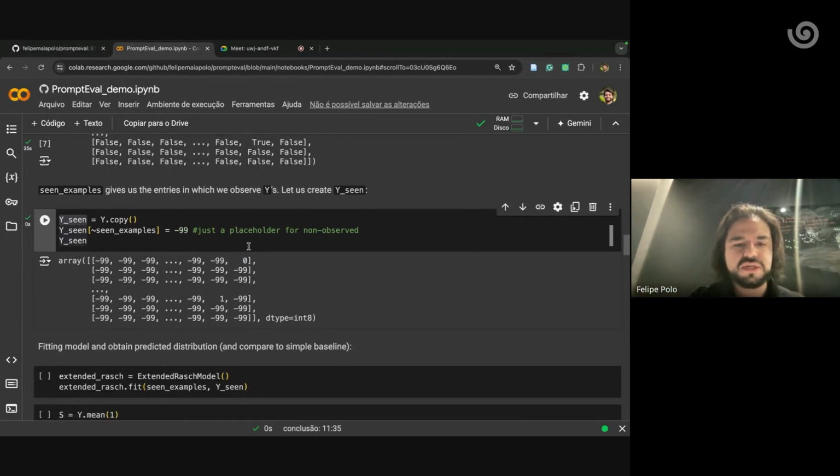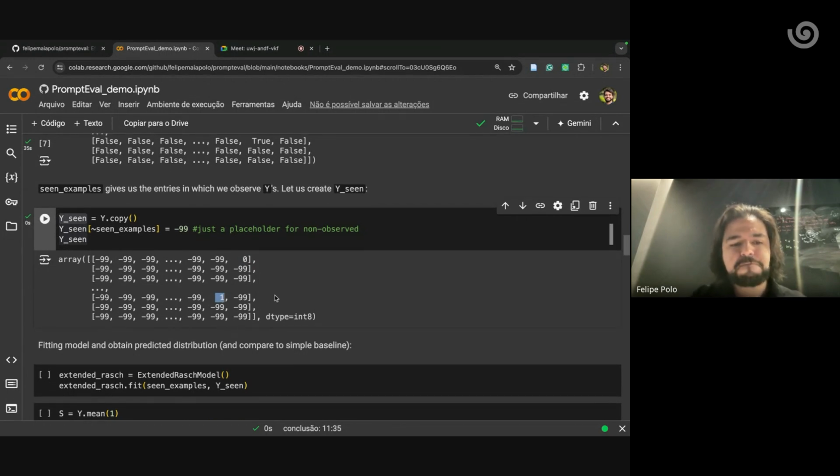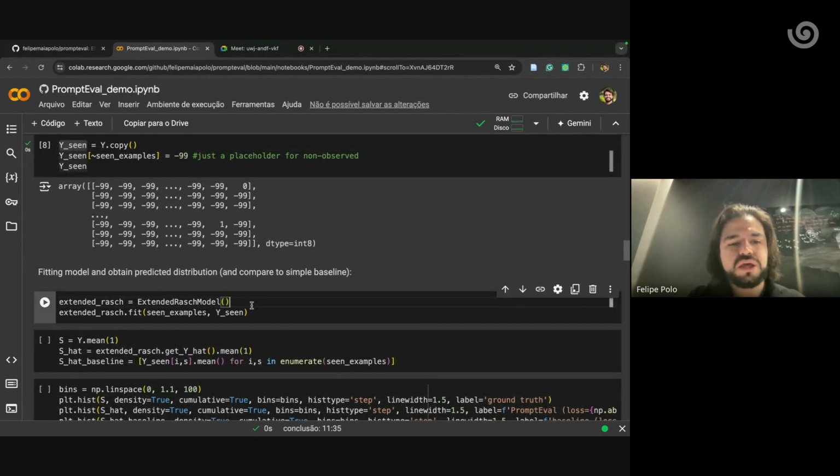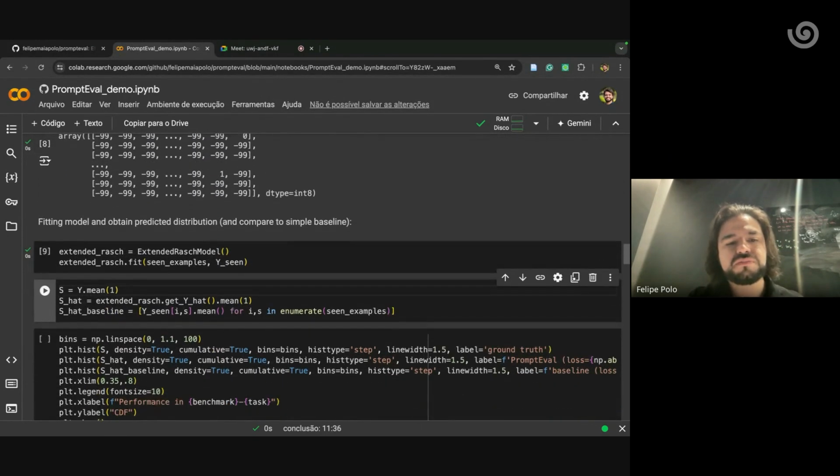So we can see that the LLM got this question wrong, and here this prompt template got this question correct. And then we fit our model, which is the thing I showed you in the slides. Here we just use a logistic regression, and as the features xi and zi, we just use